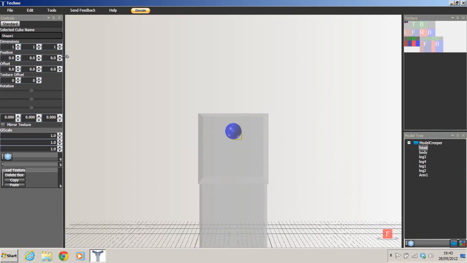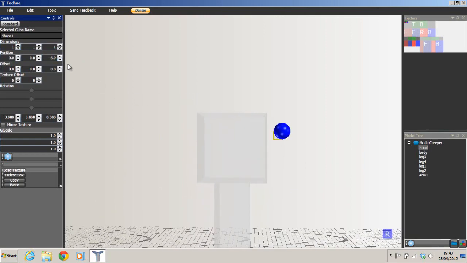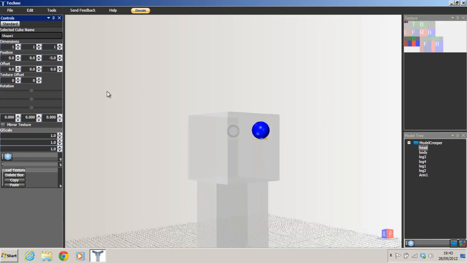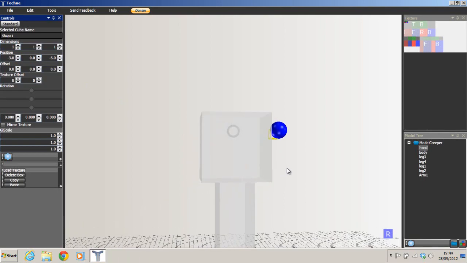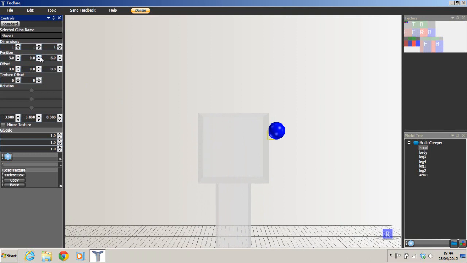Yeah, and this one moves it forwards or backwards out of his head that way. I always forget which one's which, but it doesn't really matter. This one moves it up or down, and this one moves it left or right. So we're gonna make some arms, so we want to move it down, back this way, and